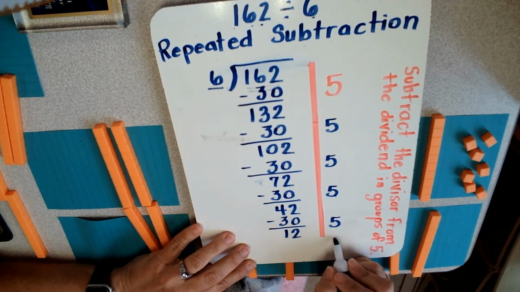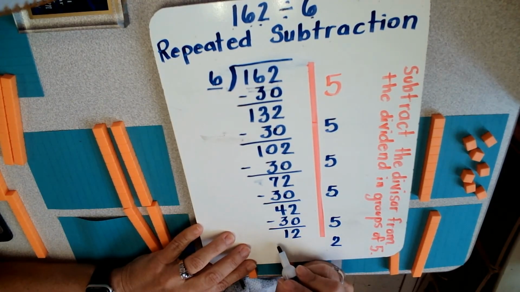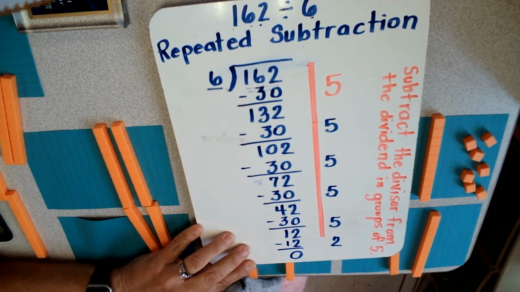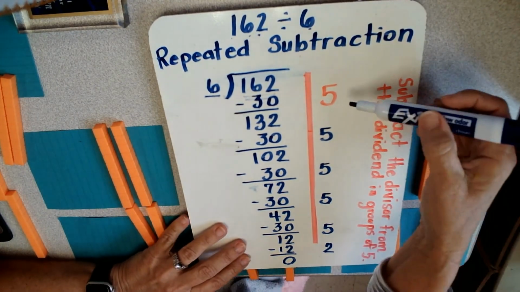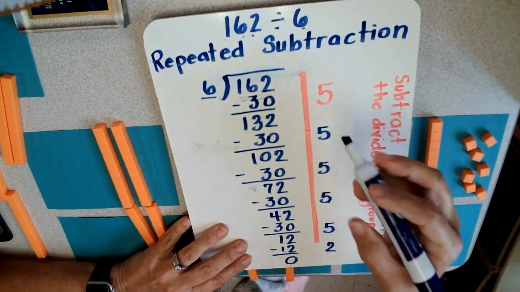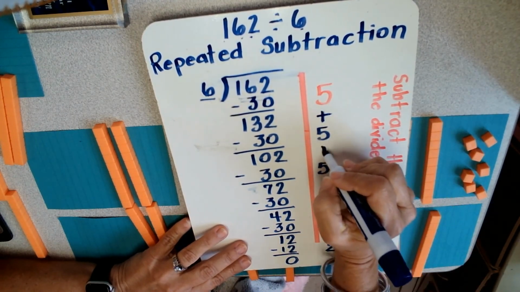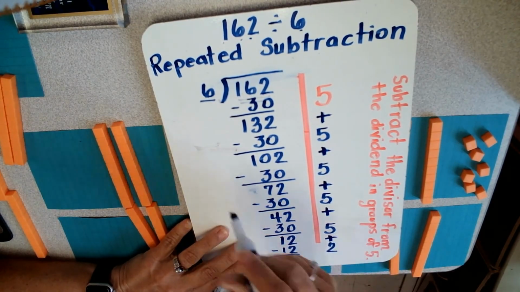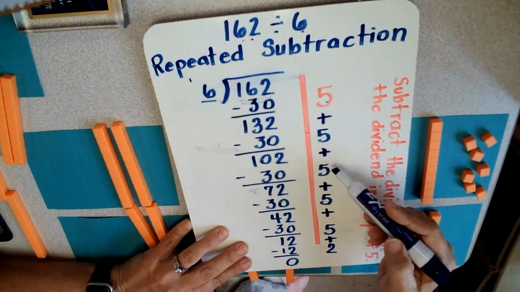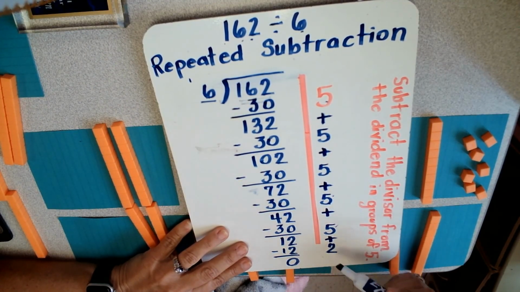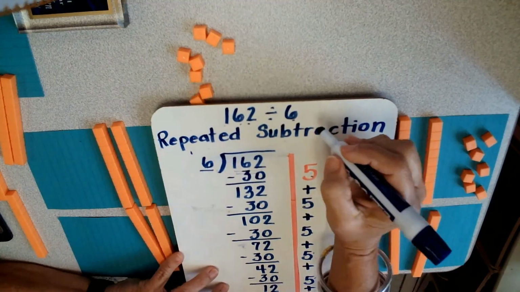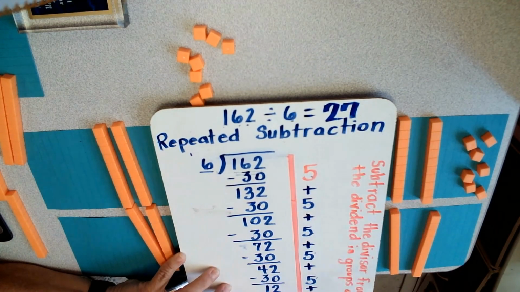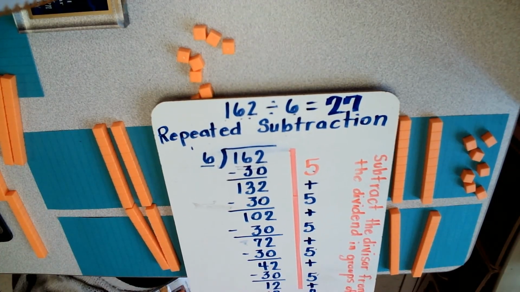Now, when I get to the point that I no longer can subtract 5 groups of 6, I know that I can only subtract 2 groups of 6. And that would be 12, and I have no remainder. Then I have to come back over here at the groups, and I would add them coming down. These are the groups of divisors: 5, 10, 15, 20, 25, 26, 27. So I see 162 divided by 6 is 27, just as we saw in the partition